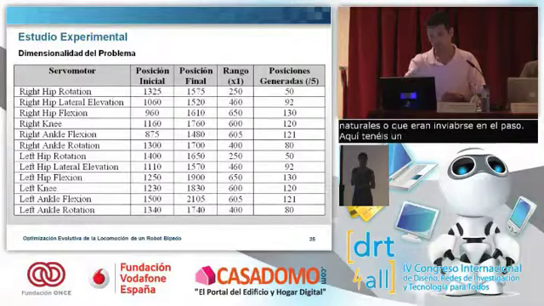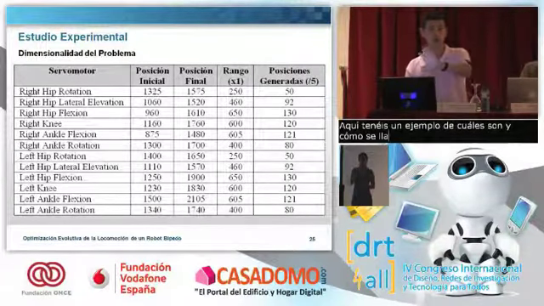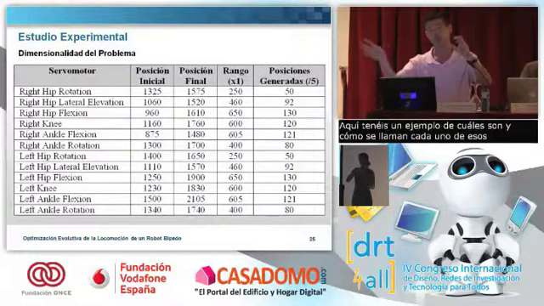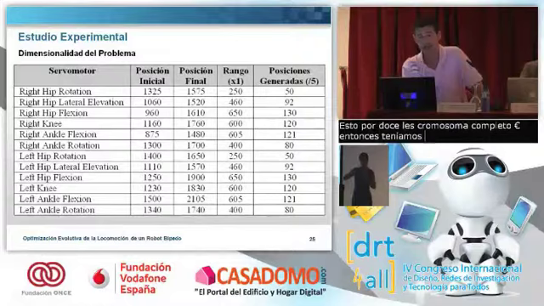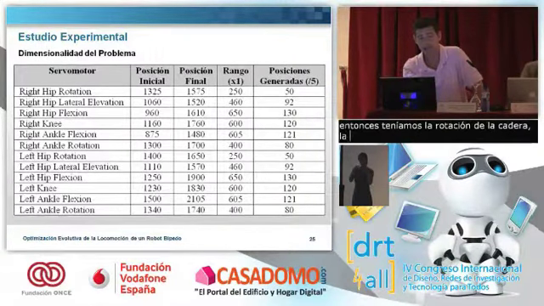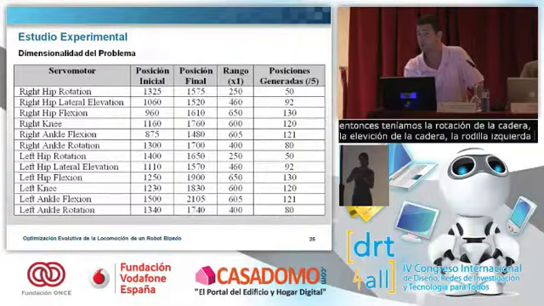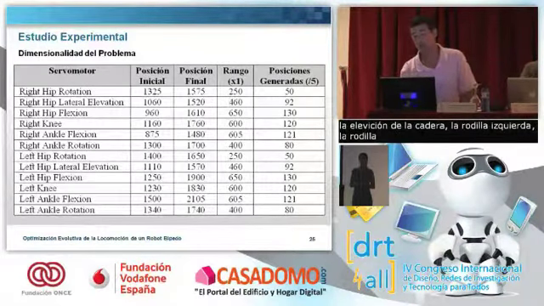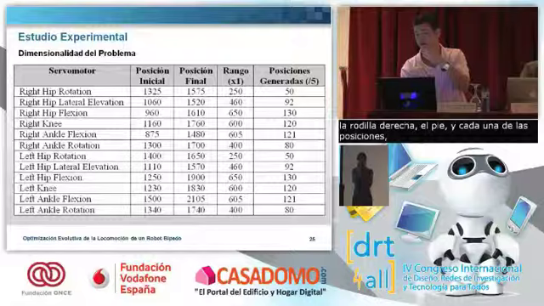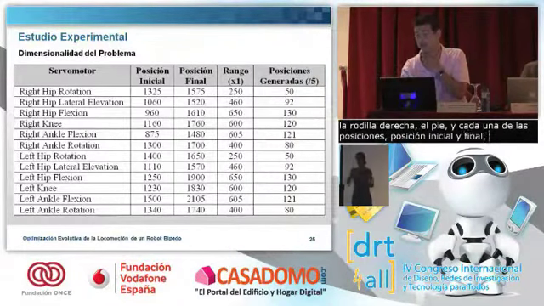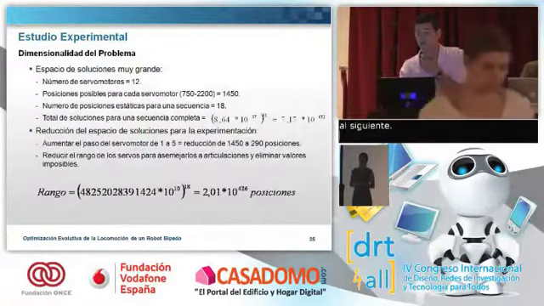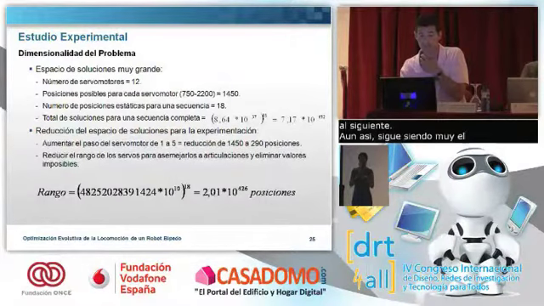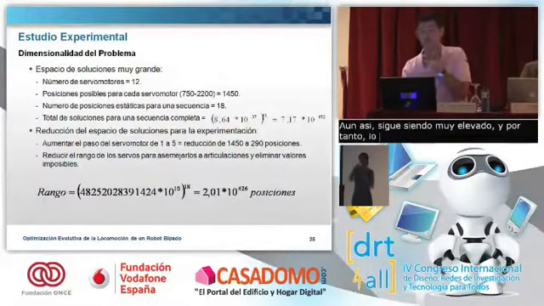Here you have an example of the servo motors. This times 12 is the whole movement: the rocking of the hip, the bending of the hip, the bending of the left and the right knee, and each of the positions: initial position, final position, and also parameters to go from one movement to the next. However, this is still very high, and so what we decided to do was to increase